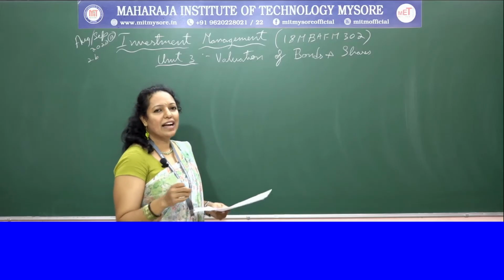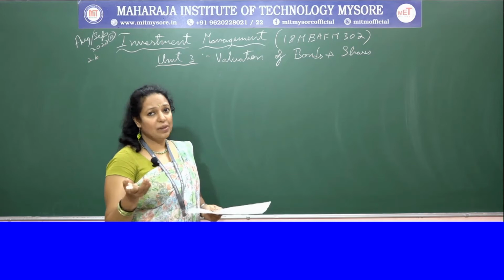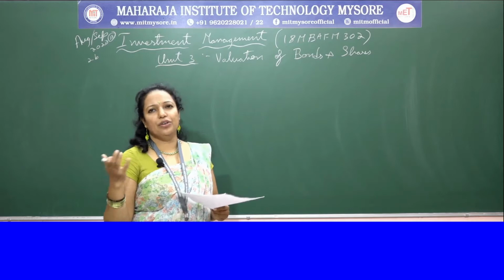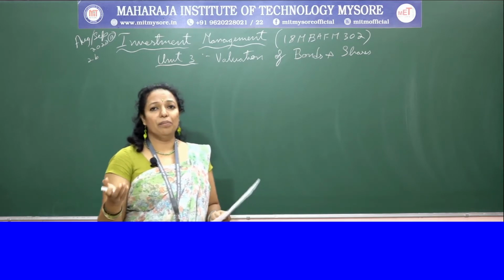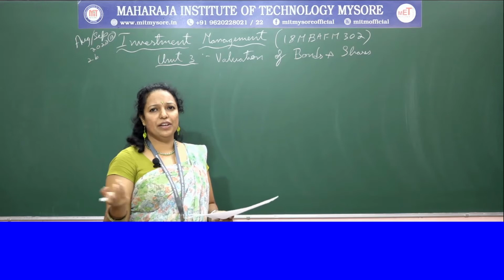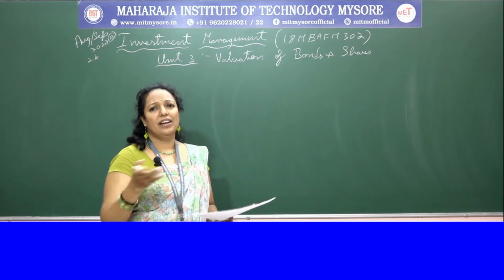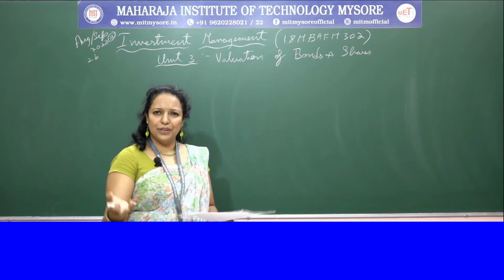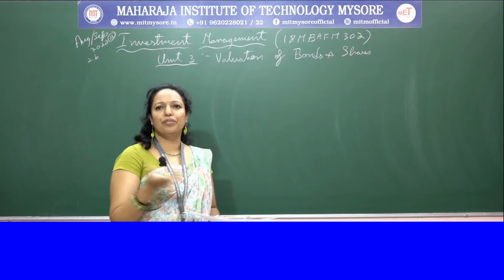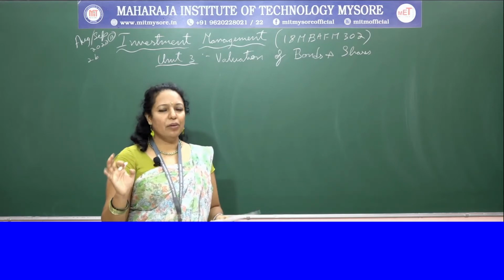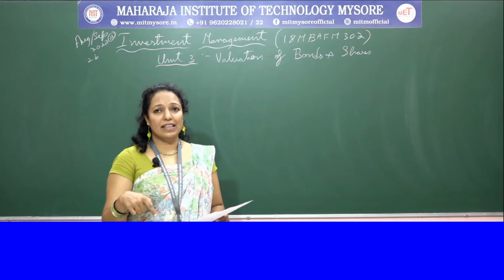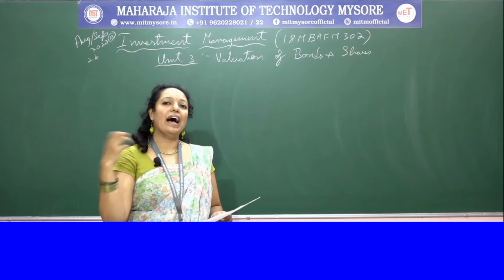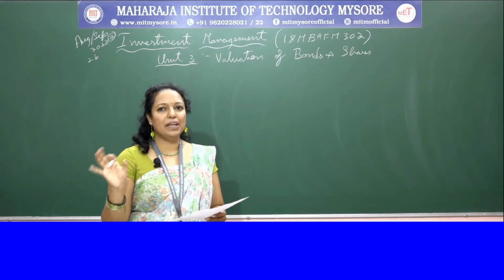So here we have to calculate the YTM of the bond, that is yield to maturity. To calculate yield to maturity, normally we use the approximate formula or the regular formula, where you have your coupon plus (P naught minus dividend) divided by N, whole divided by P naught plus face value divided by 2, or you give weightage of 0.4 and 0.6. This is the regular formula which we were using. But this was for the case where the bond was called or matured after the maturity period.